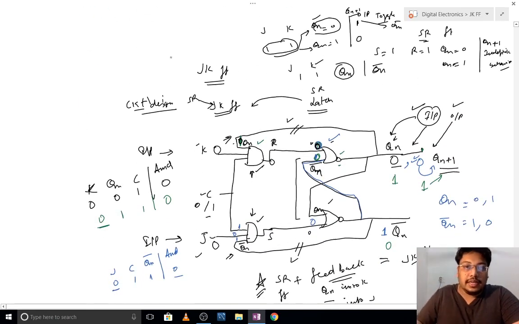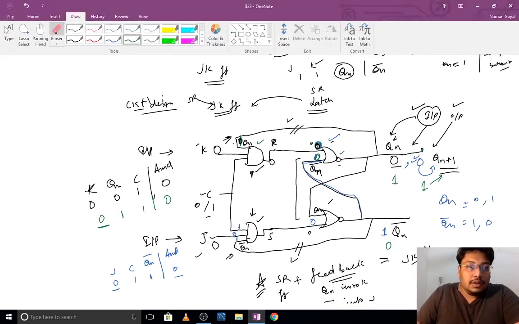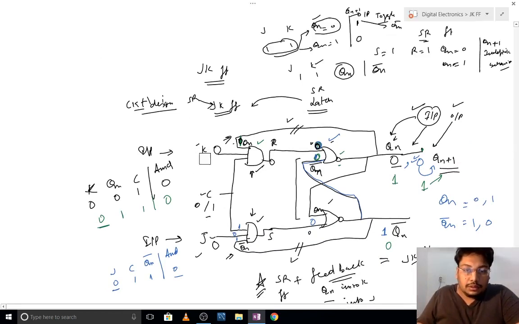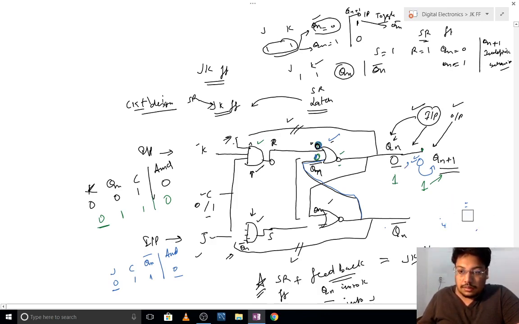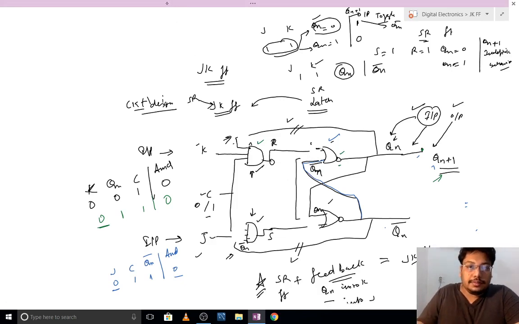So let me first erase the already placed values.